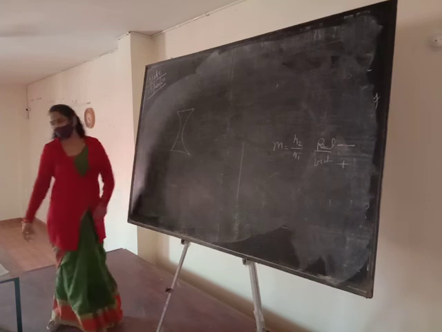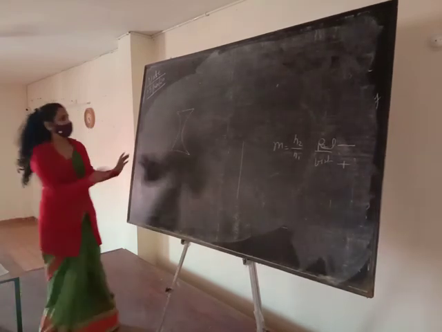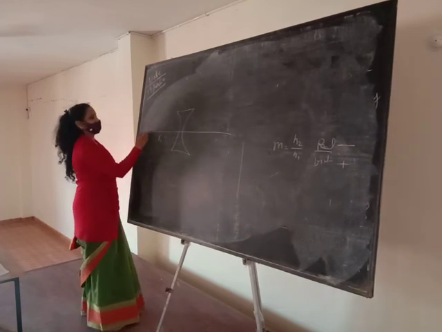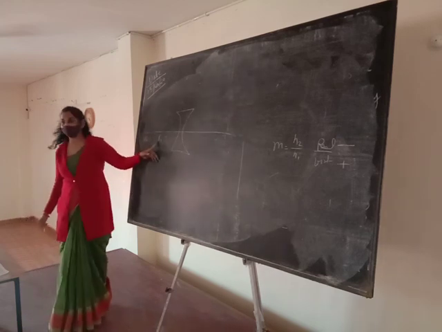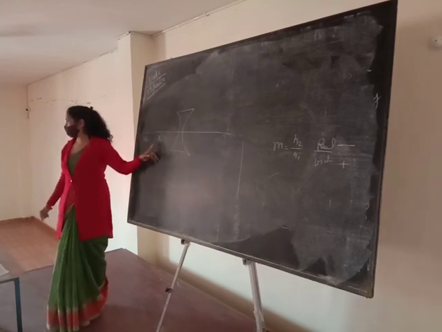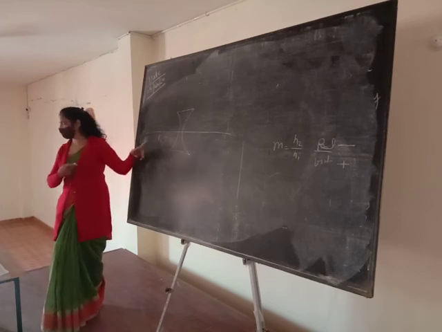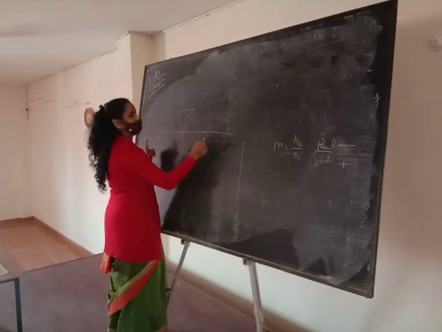Now this is the concave lens. Now we know that the concave lens also has two focus points, like the convex lens: focus 1 and focus 2. In case of a concave lens, we use this focus for image formation. Harshit, what are you doing? Look here. So these are the two focus points of the concave lens.